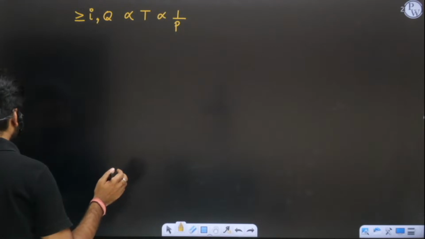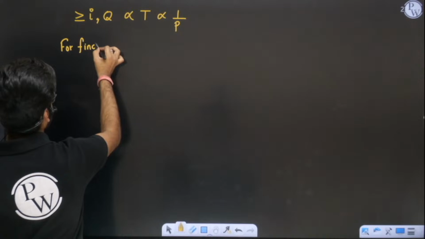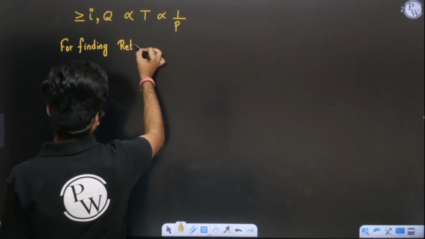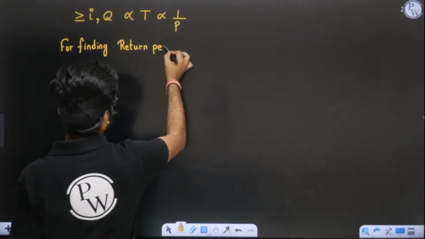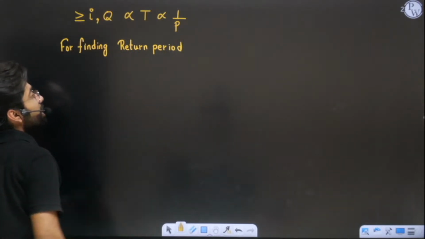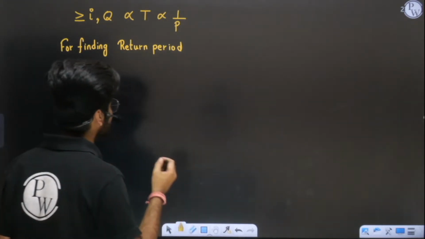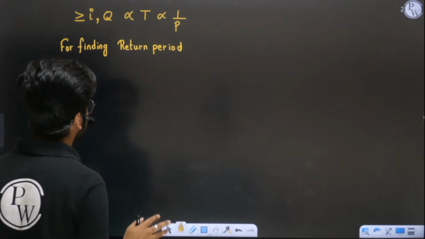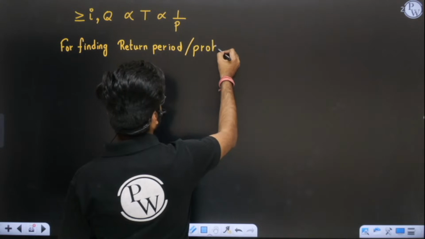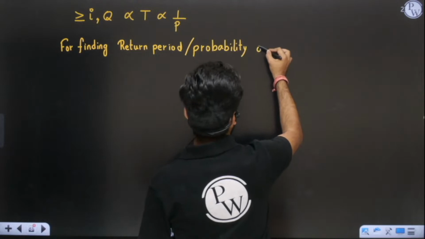So for finding, let me write this point here. For finding return period and probability for a given depth of rainfall and discharge, we have two methods basically, but I will only explain one method. So for finding return period and probability of any event,